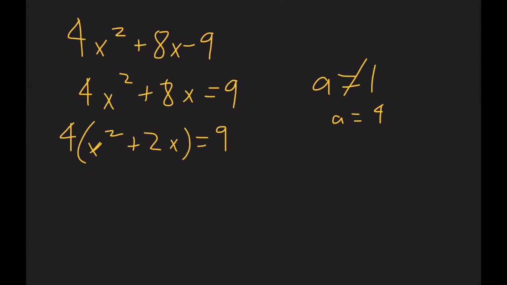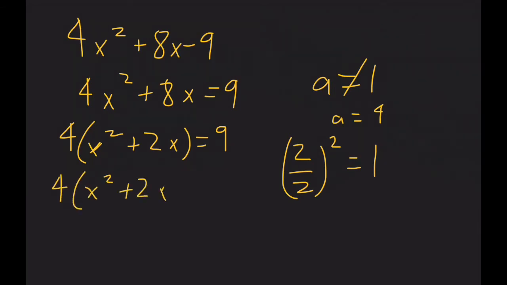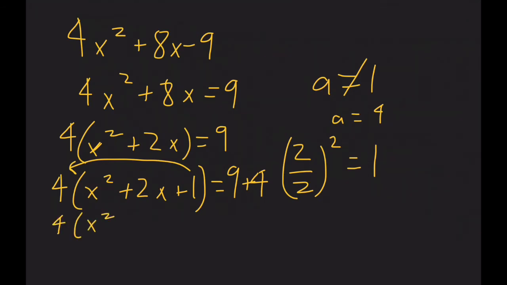So now again, we're going to complete the square for x squared plus 2x with b over 2 squared. So then it will be 2 over 2 squared, and that equals 1. So it will be 4 times x squared plus 2x plus 1. But instead of adding 1 to the other side, we're actually going to add 4, because 1 times 4, so then it's 9 plus 4. If this number was 5 for this example, it would have been 9 plus 5. So it will be 4 times x squared plus 2x plus 1